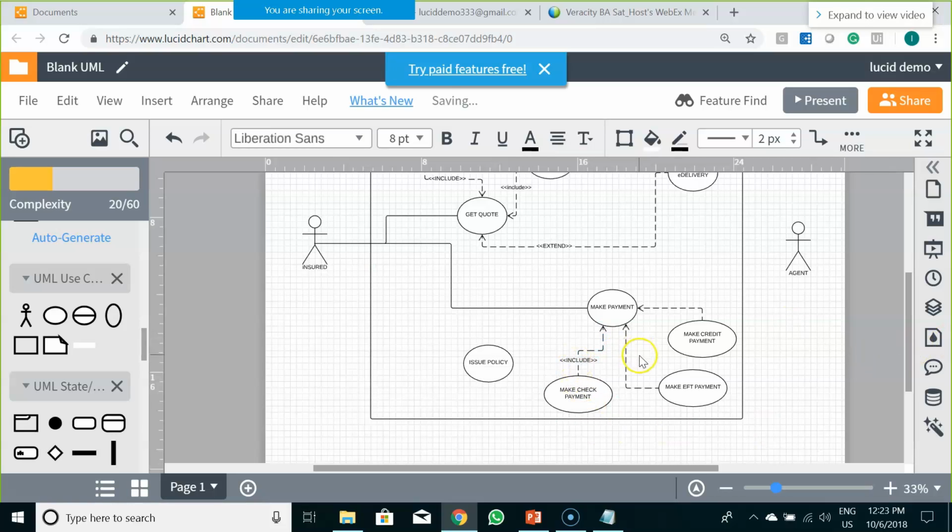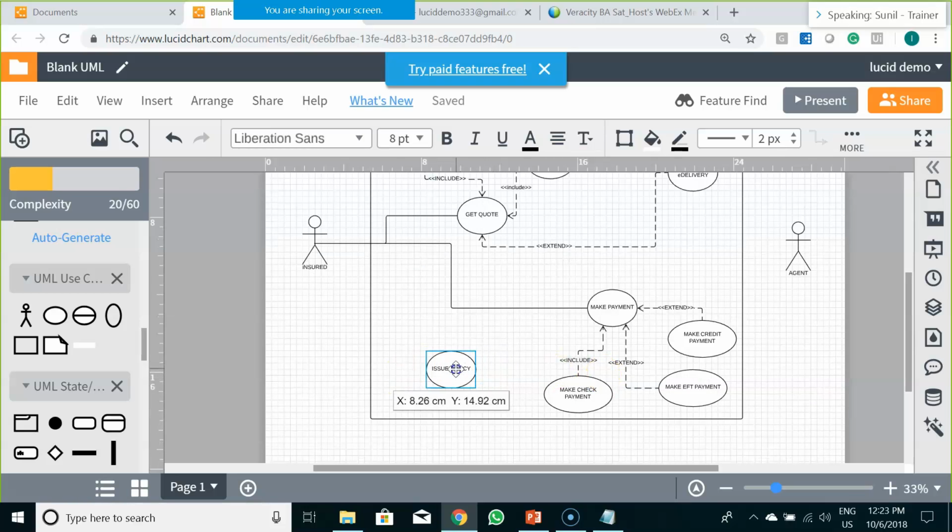Rest two are optional. If they are selected, only then they would be executed. So EFT payment is your extend payment. This is not the default payment method. So they would come as extend. Same case for credit. This is not the default payment method. It would come as extend. So depending on the insurance company business, the payment method would change. So this is our second set of use case.